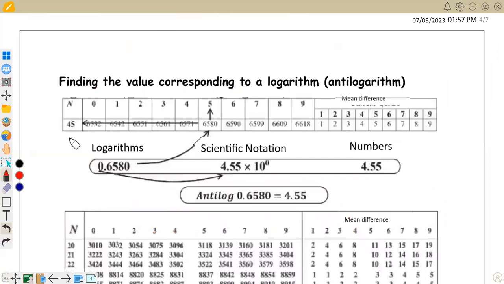Then what is meant by finding the value corresponding to a logarithm? That means in this case you are given the logarithm. Finding the value corresponding to a logarithm means it is the anti-logarithm. Then you have to find the particular number corresponding to it. The logarithm values are located in the middle of the log table. Now in this case also you have to identify the